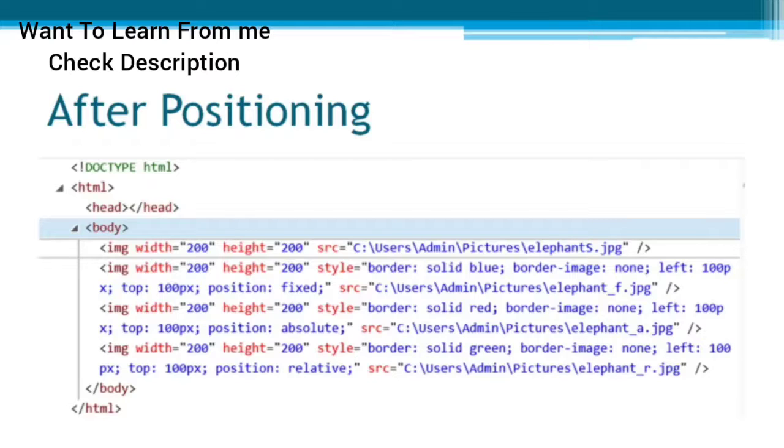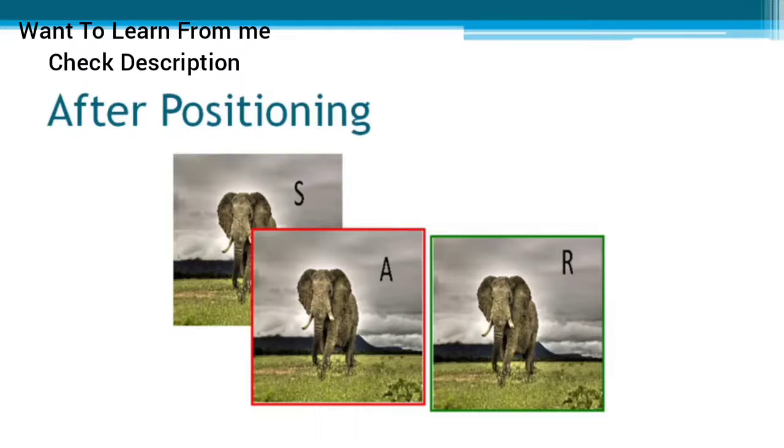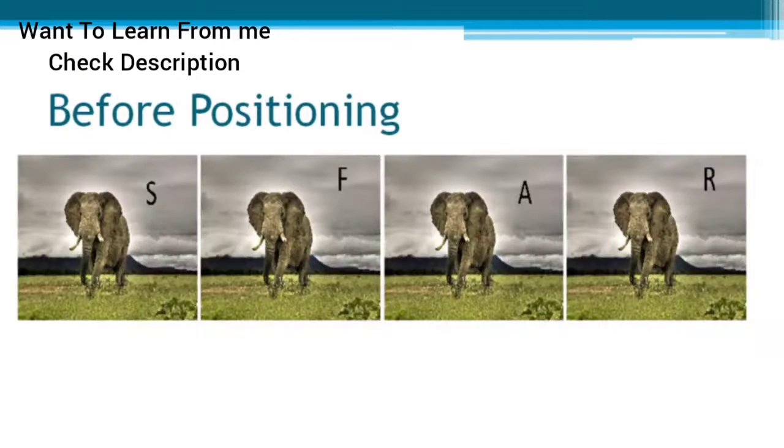And when we talk of the relative image, because it is the fourth image, we've already seen that the fourth image was supposed to be here as per the normal document flow. Because they have been given some positions, it will be in the second position, and then using those values of top and left, it will position itself from that normal position. Again it will shift itself 100 pixel from the top and 100 pixel from the left and position in its new position.